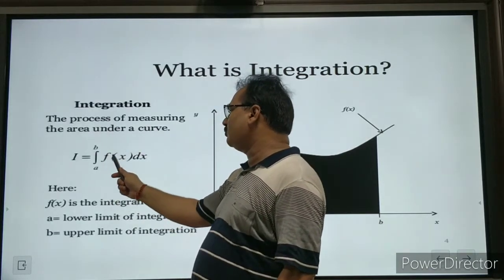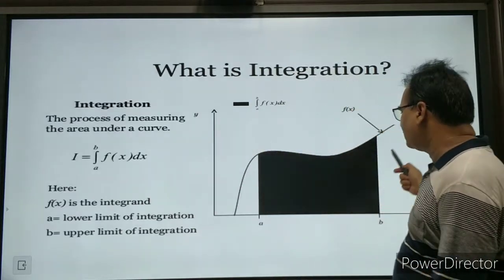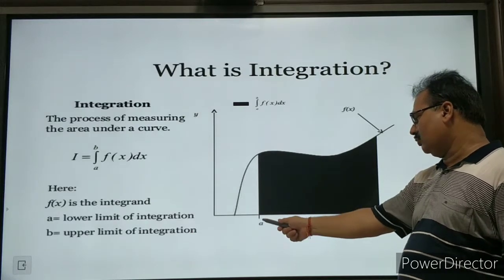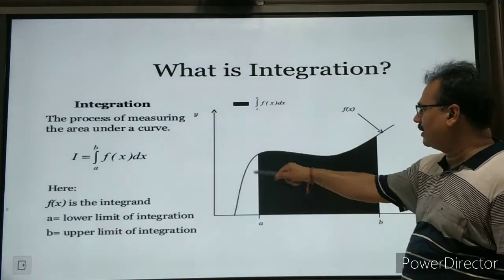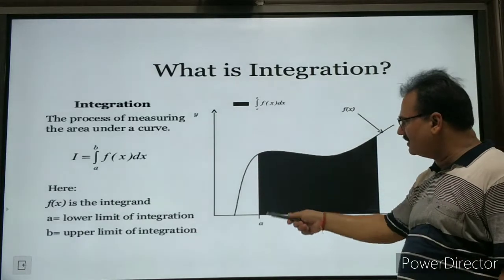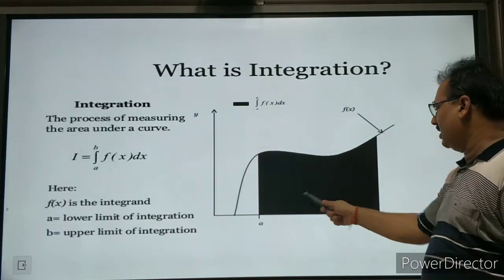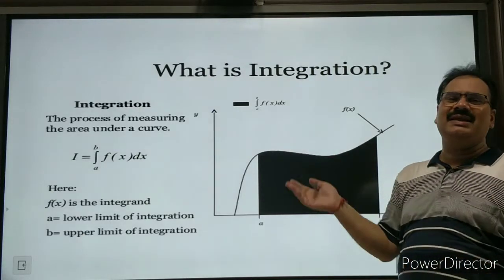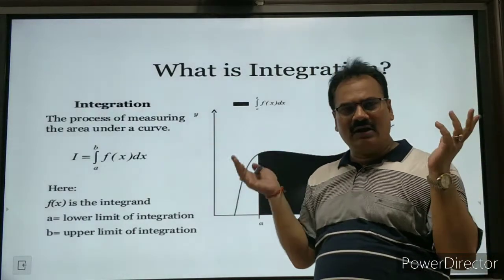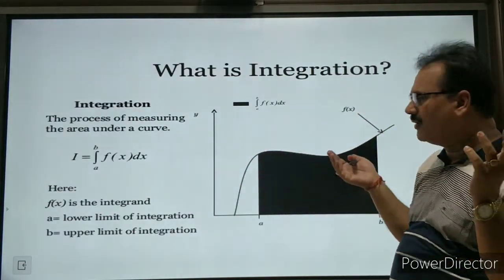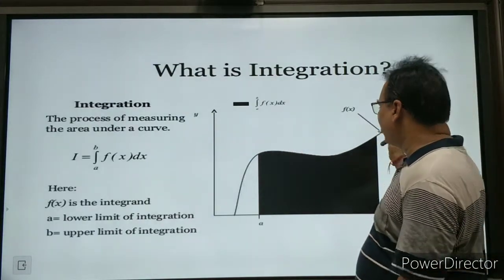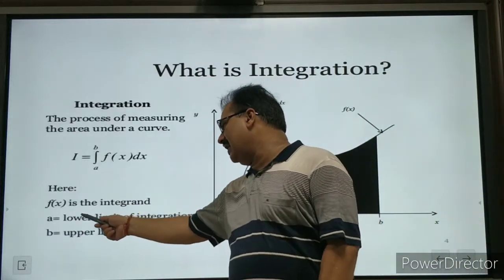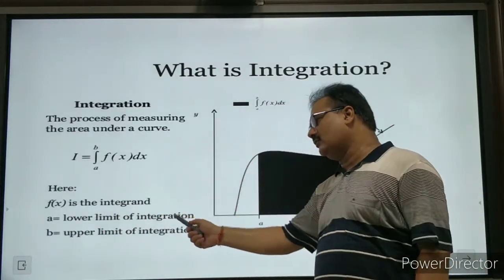And what is the curve? The integral from a to b of f(x) dx. It is very nicely sketched here. This is the area between the ordinates x equals a and x equals b, and of course y equals f(x) is a function. This area between a and b along with the curve y equals f(x), and this f(x) may be any kind of function, and accordingly the shape will change. So here f(x) is the integrand, a is the lower limit of integration, and b is called the upper limit of integration.